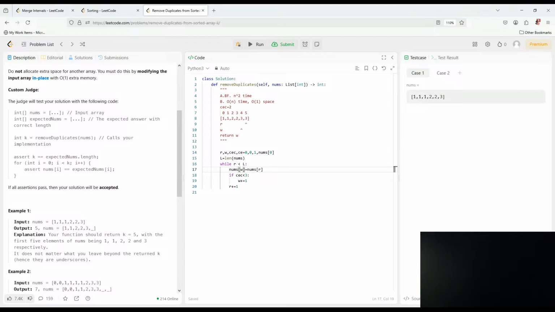So the current element will be nums[i], and then we check if the current element equals